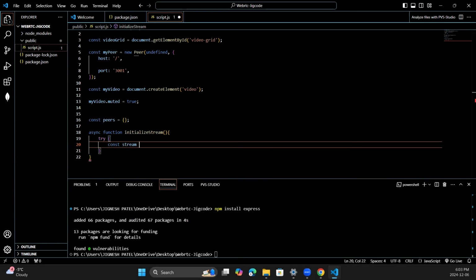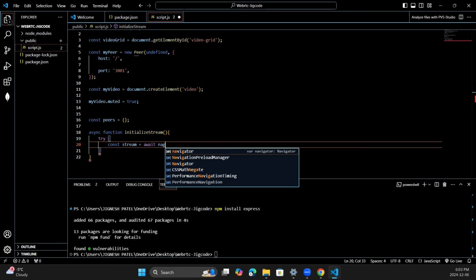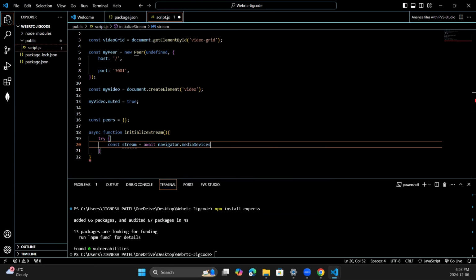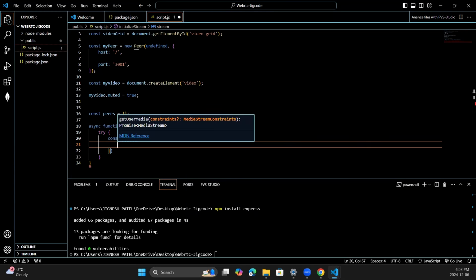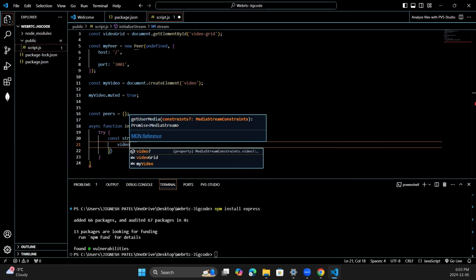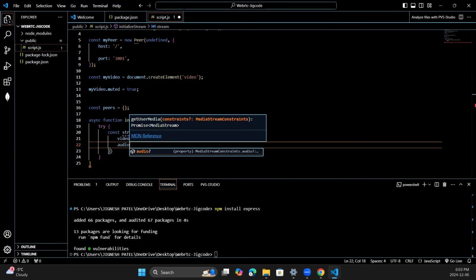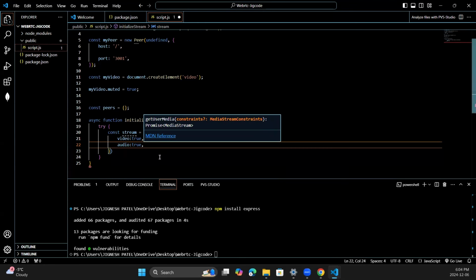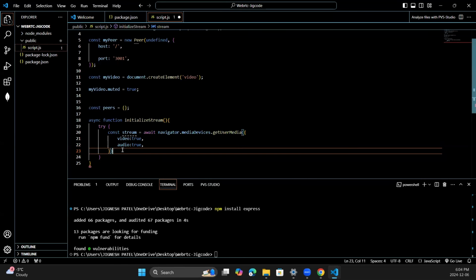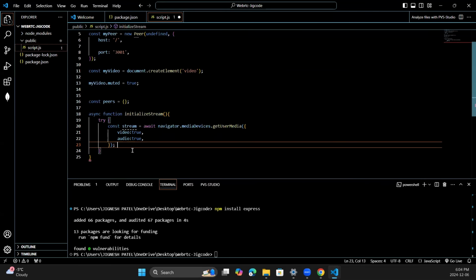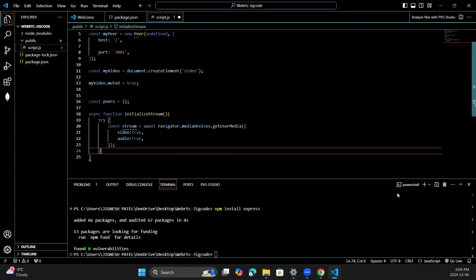we will define const stream equals await navigator.mediaDevices.getUserMedia, and inside that we are going to request to access video and audio. Okay, so we are going to keep it as true. Okay, so that is how it should look like, right? Then we're going to add a semicolon here. Okay, and then the next thing